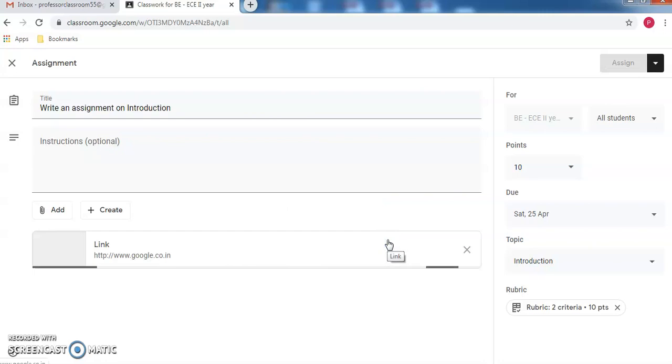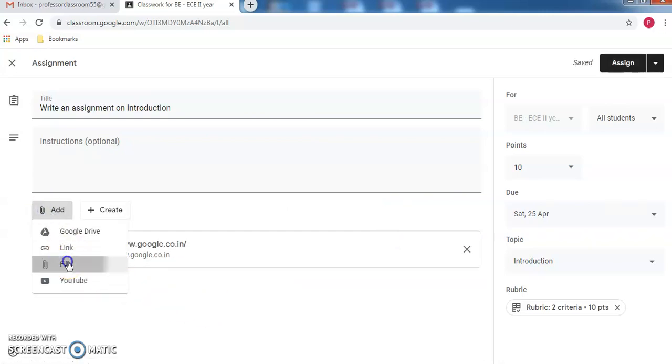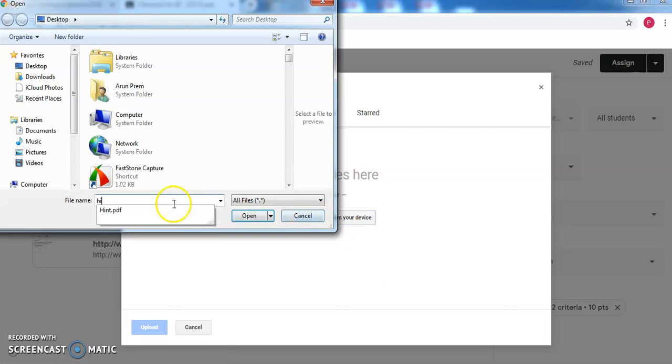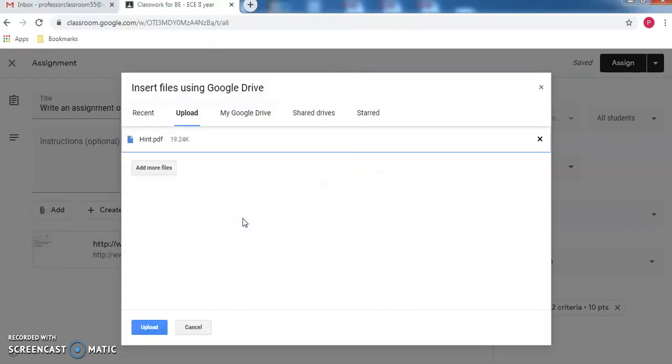Add. So link will be added here, and I can add a file. It may add a file from my local drive. Select the files from your device. I have termed the dummy file as hint. So where you can give hints to the students. So you can use this in and how to work it on it.